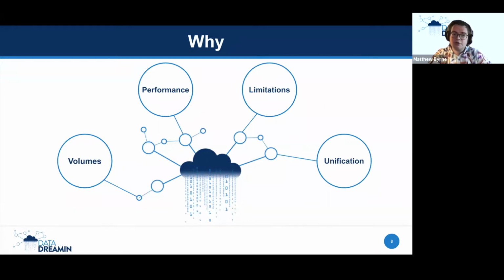With Einstein as well, we can also have a look at some of the limitations that we have elsewhere. For example, when building a Salesforce report, when you choose a report type, you have to limit yourself to kind of 3 objects to start off with. You can go into the other areas, but it gets a little bit difficult. Also, it's kind of limitations of the ways things have been designed in the past. So there might be cases where custom objects have been created a while ago, but if you went back and did it again, you would do it differently. Einstein allows us to bring in that data, transform it if we need to as well, combine it in different ways and make it more reportable as well.